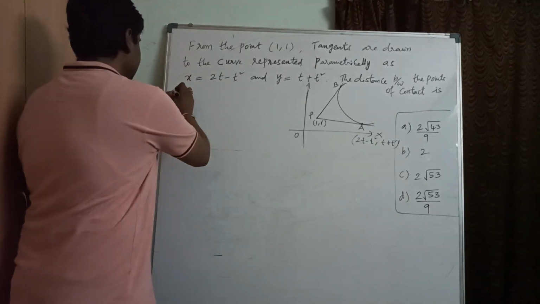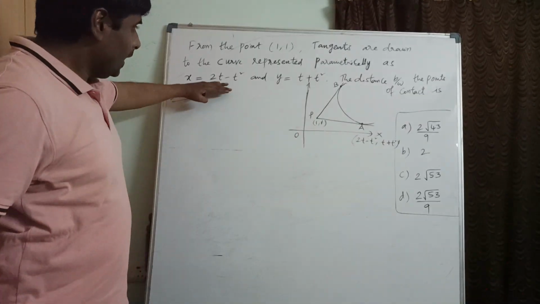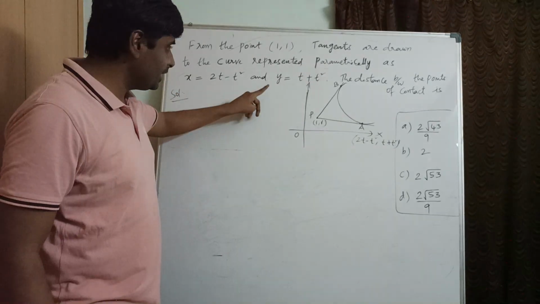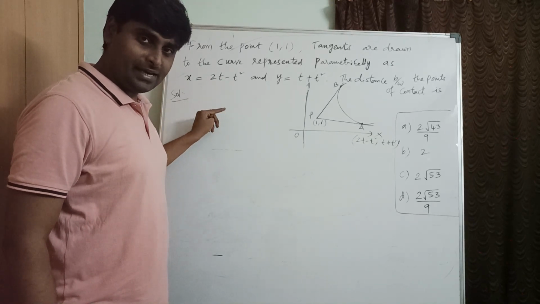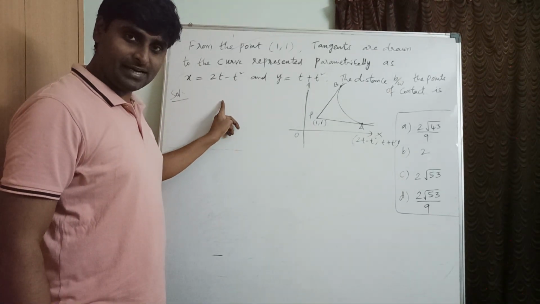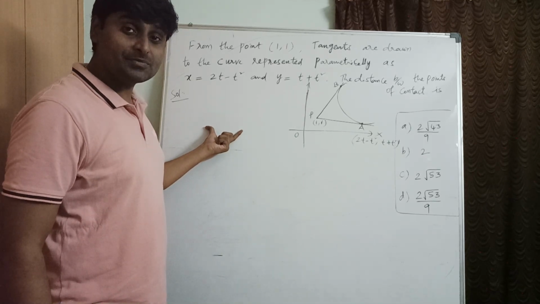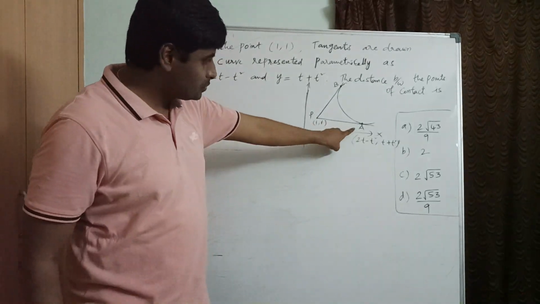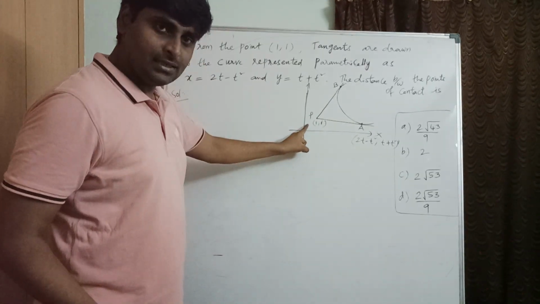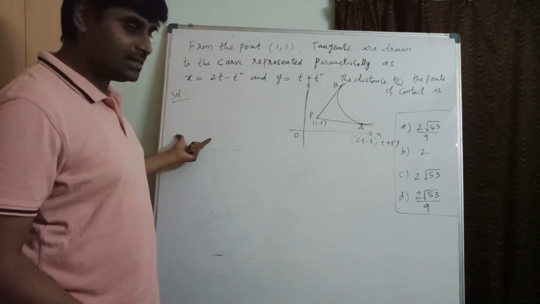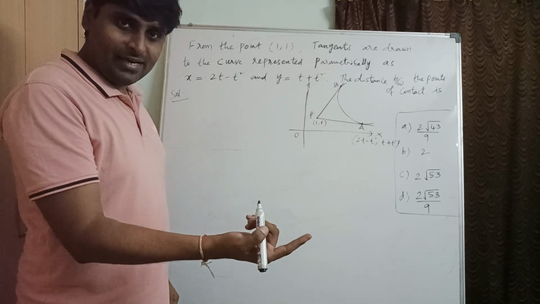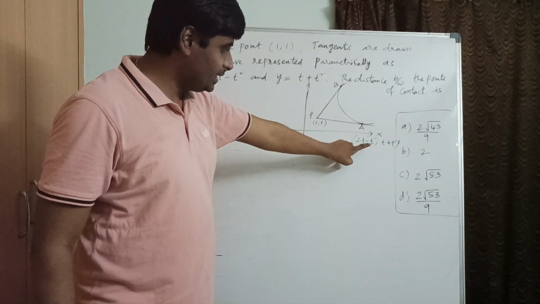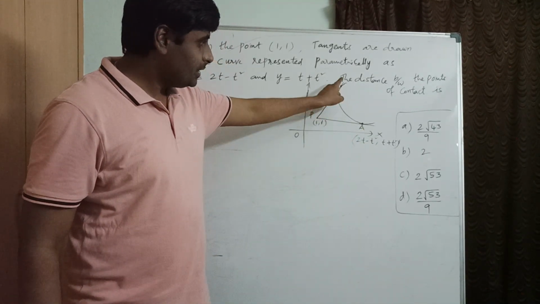Now let us find the slope of tangent, which we know how to find whenever the curve is given in parametric form. How do you find it generally? dy by dx equals dy by dt divided by dx by dt. Then we'll get one slope in terms of t. That slope will be equal to the slope of AP. Correct or not? AP is also a tangent. The tangent slope can be equated to dy by dx here. Then we'll get the t value. We'll get two values for t. If you substitute one value of t here, we'll get point A. Here we'll get point B.